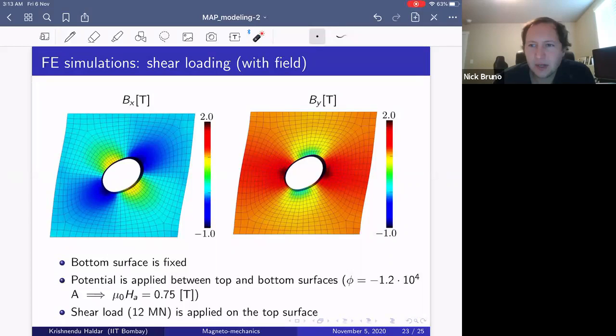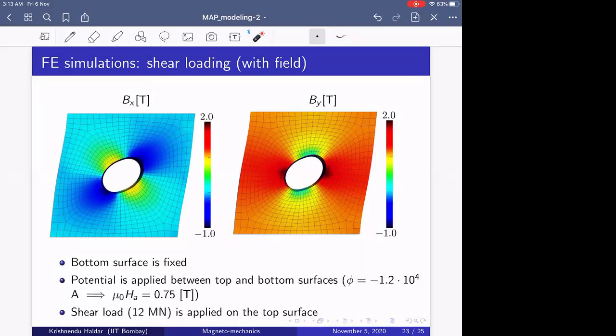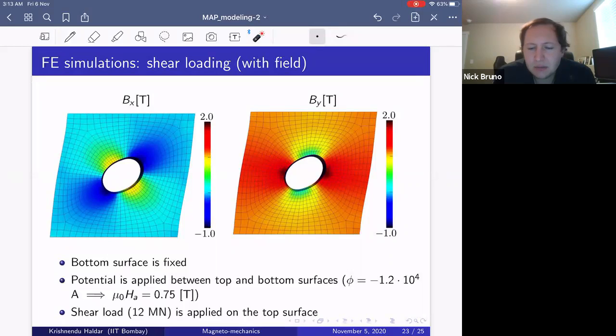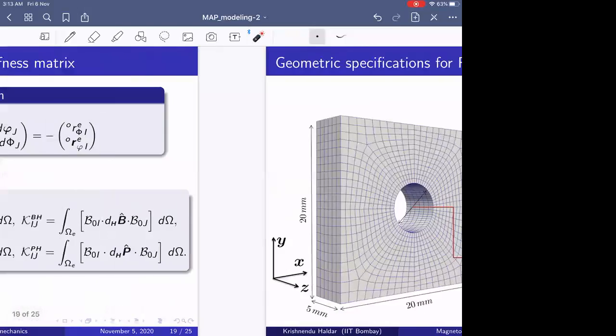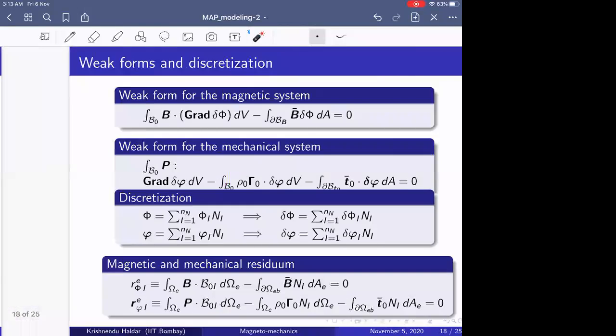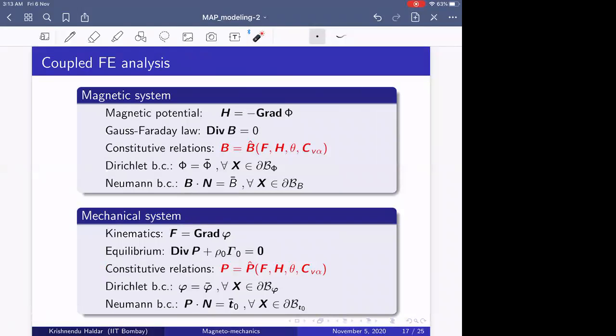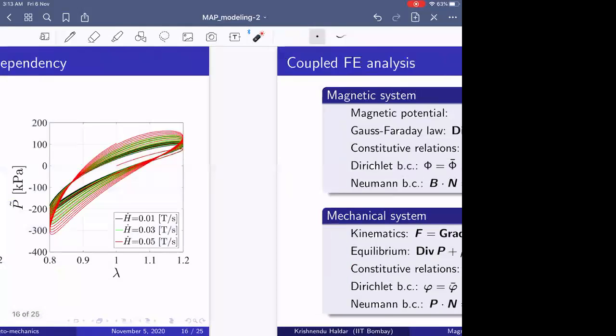Hey, Krishnendu, I have a question. Yeah, Nick. Hey, so if you were going to try and model this behavior in 1D, how would you account for the demagnetizing energy? I guess it's not necessarily only for this model, but just any sort of... No, you are right. So in 1D, I believe, in principle, there are great difficulties to reduce the problem in